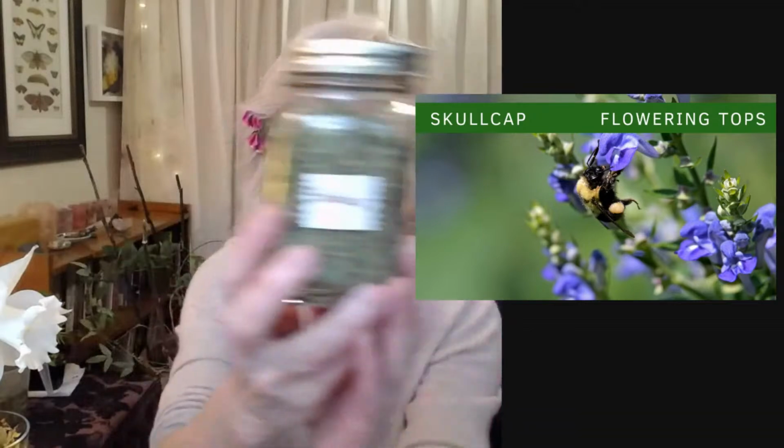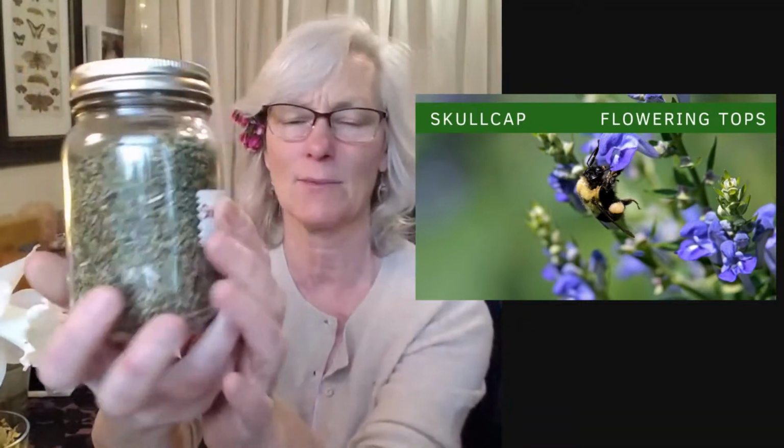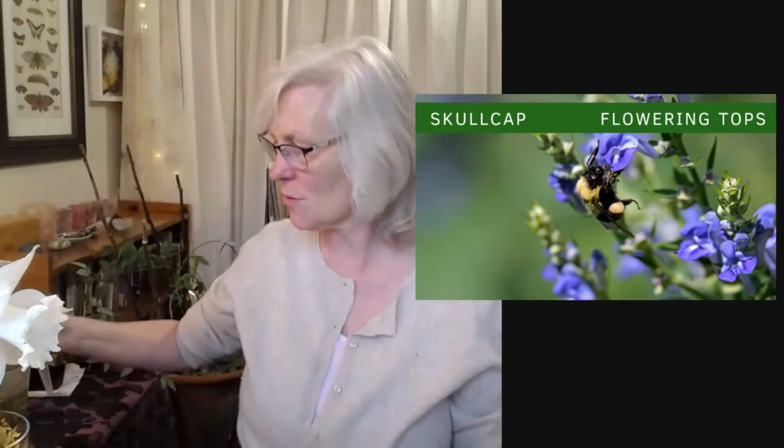and it just comes as a cut up herb like that. I'm not used to doing the camera this way. And you can either make it into a tincture, or you can put some in a tea. Now, another way that some people like to use skullcap and some of these other relaxing herbs is in a herbal smoke blend. So if you're the type that likes to smoke,